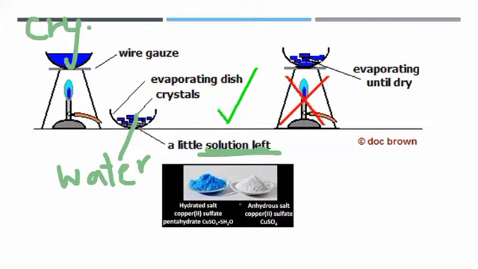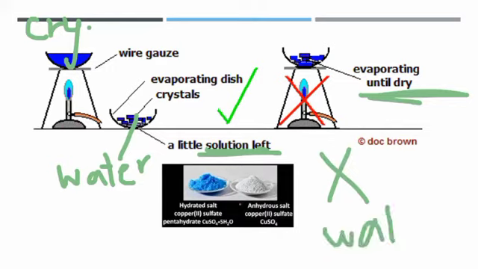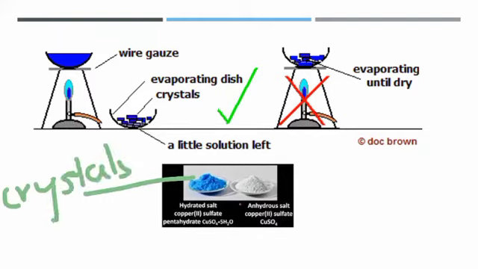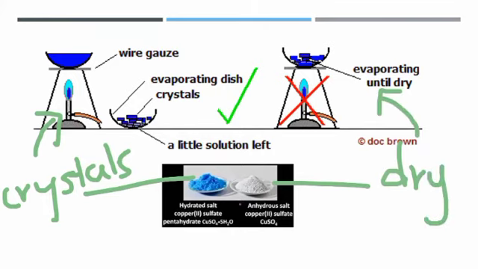But if you evaporate it until dryness, what happens? You completely evaporate it till no water is left at all. There is no water in your solution. It's completely dry, and so you're going to get that salt in that form. For example, if the question asks me to explain a method to obtain copper sulfate crystals, then I'm going to evaporate it till crystallization. It's very easy. For crystals, you evaporate it till crystallization. And if you want pure dry samples of copper sulfate, then you're going to evaporate it till dryness. It depends on what the question tells you.